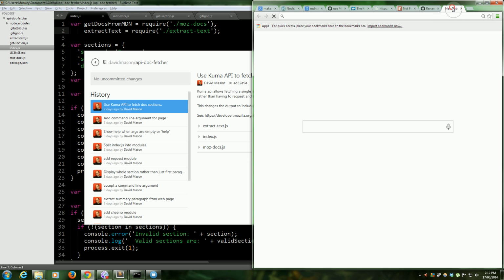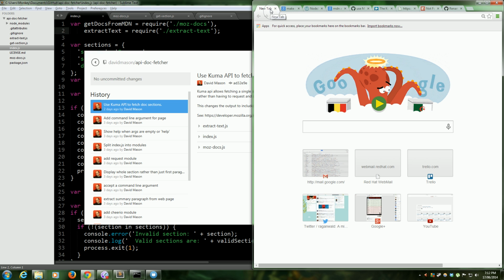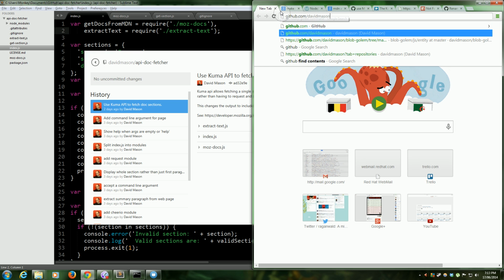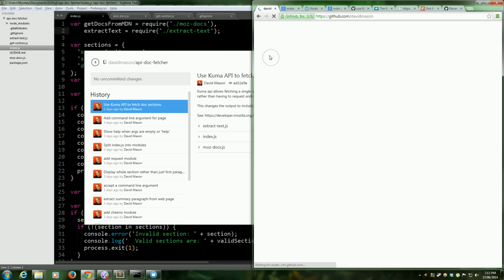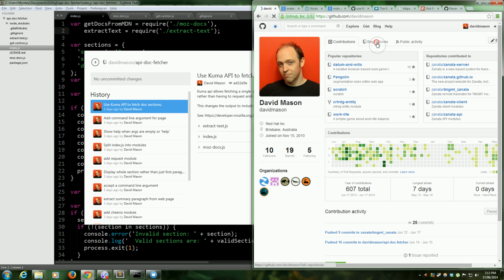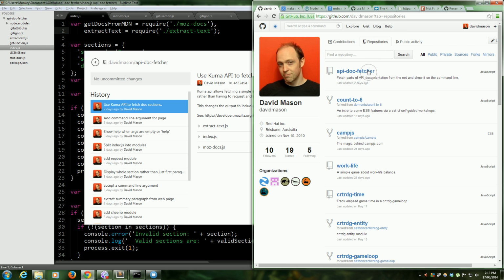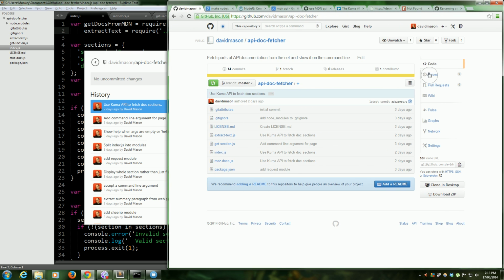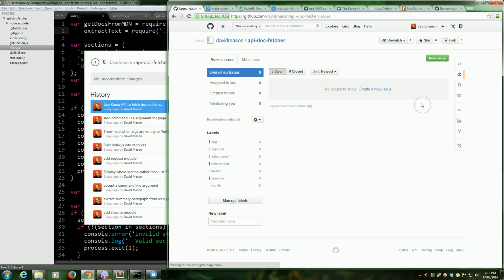So what I'm going to do is just jump into the GitHub project where I've been pushing all the code. So I'll just jump into my GitHub and grab that. And I'm just going to use GitHub issues to track the things that I want to do. So issues are basically,